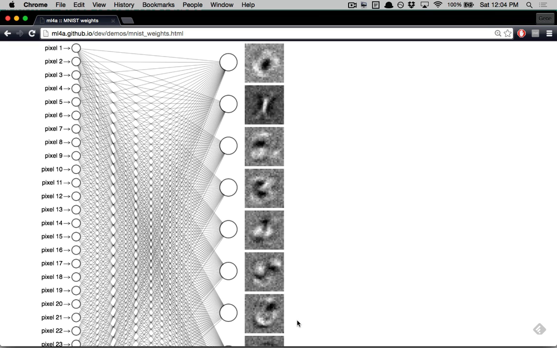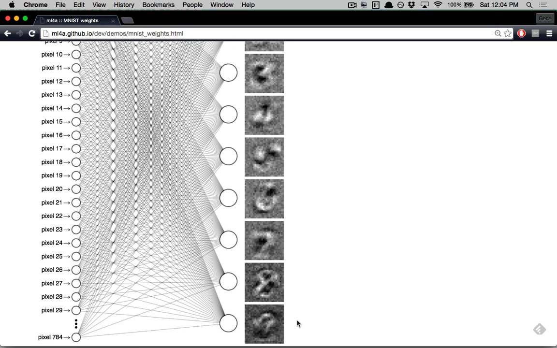A 9, you might think of as a loop plus a line. In the current approach, we force the network to recognize everything in one layer. If we have multiple layers, we give it a chance to do it differently. Again, this will make more sense when we look at convolutional neural networks.